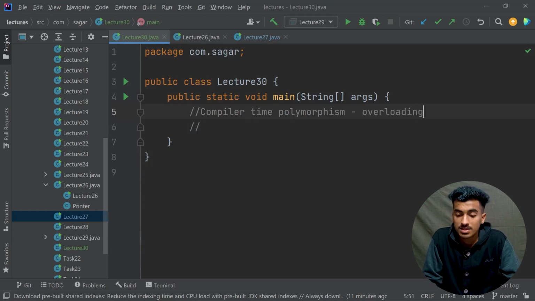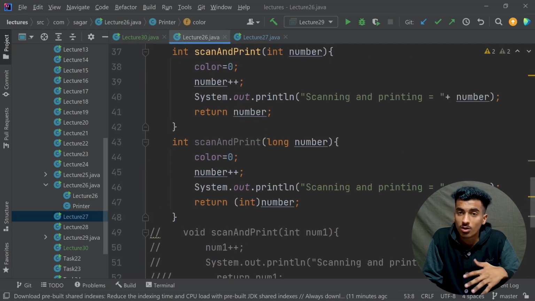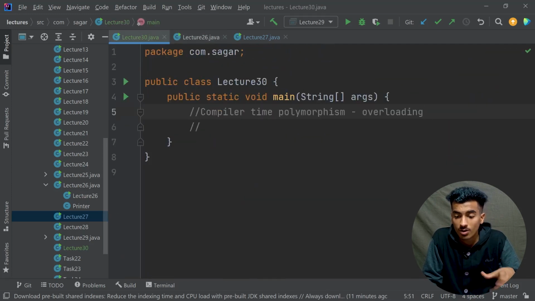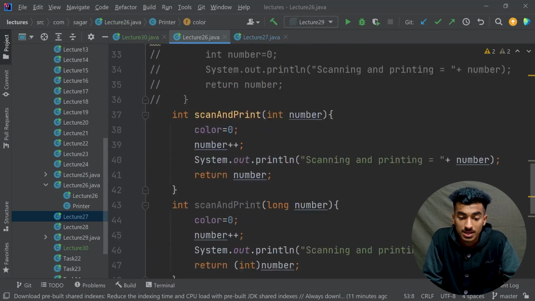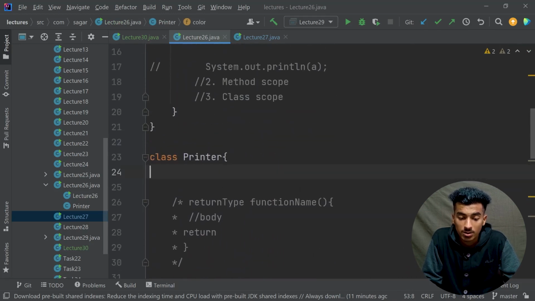So overloading means that we are overloading our functions. There can be multiple functions, 1, 2, 3, or as many as you want. So we are overloading the functions here, or you can say your constructors. And after that, remember that thing: